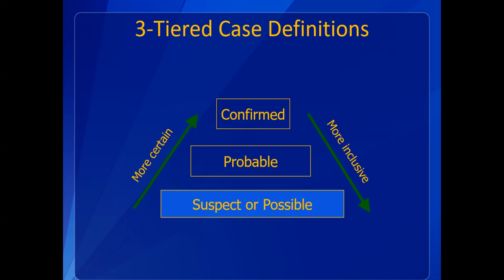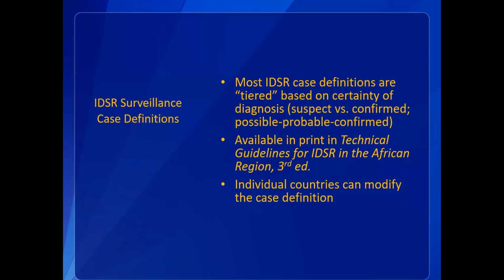Then in terms of inclusiveness, here we are trying to say whether you are missing cases or you're not missing. So usually a suspect case definition is more inclusive, which means there are more false positives. But as you go up, when you have a test which is like a gold standard for your diagnosis, you have true positives and fewer false positives. So it's less inclusive. So usually, how these definitions are applied, you can read what is called the IDSR surveillance